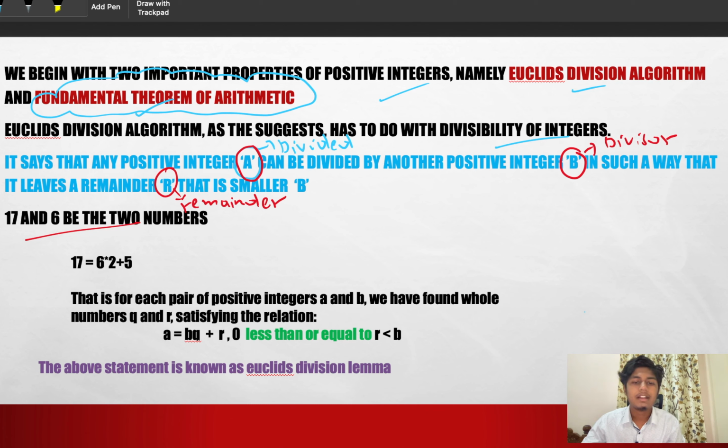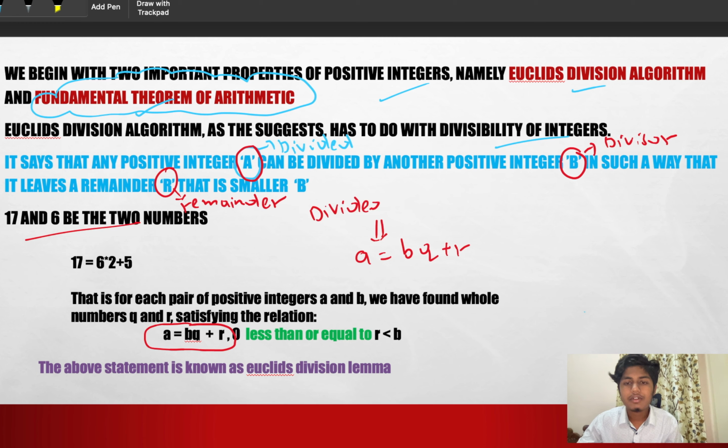So in general, for each pair of positive integers a and b, we have found whole numbers q and r satisfying the relation a is equal to bq plus r. So for every pair of integers a and b, we found a relation a is equal to bq plus r. It is in the format dividend is equal to divisor into